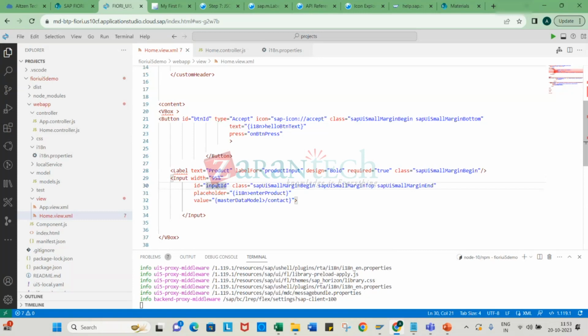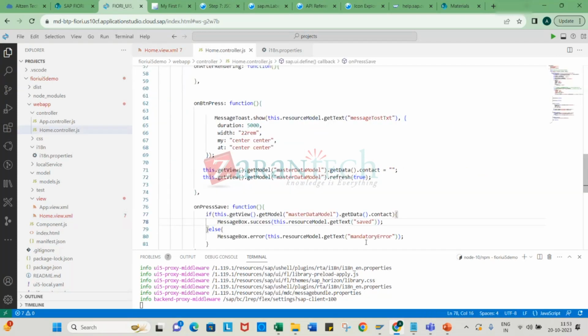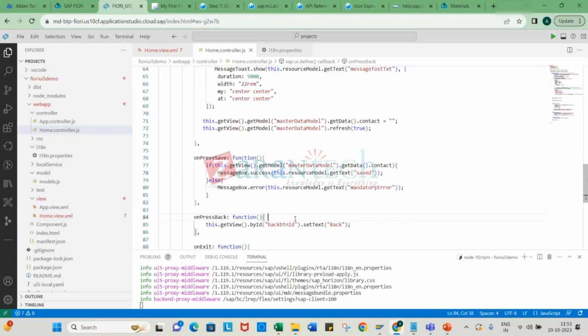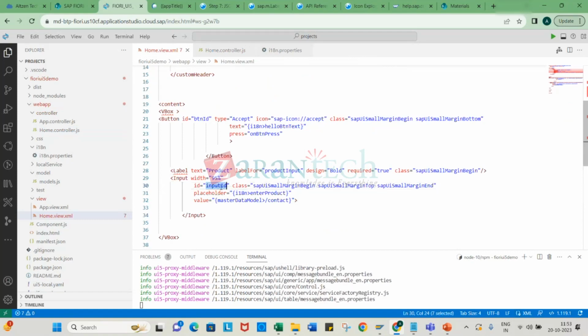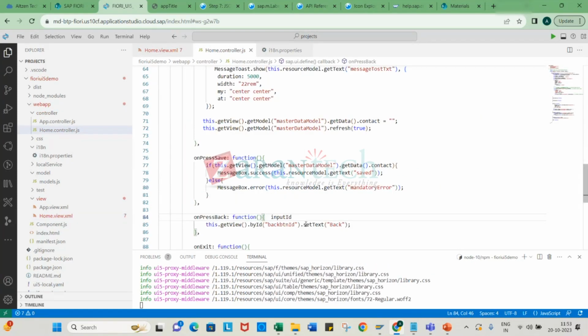Just for your information, I am showing you a different way of doing it. Okay, for example, I have this input ID. I'm putting a copy here, and what I will do here,